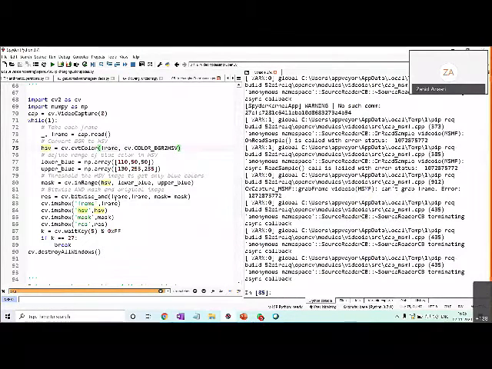Then after that, we are creating a mask so that it will capture the things in this range. So it takes our HSV video. Our frame we converted to HSV, and then we specify these two color ranges over there.